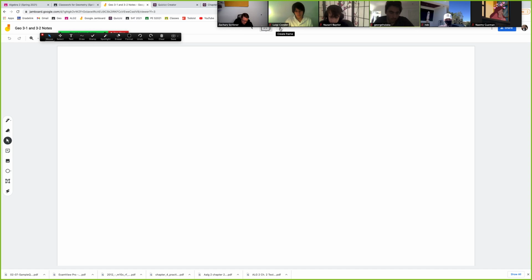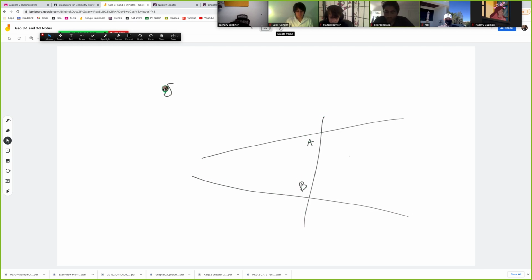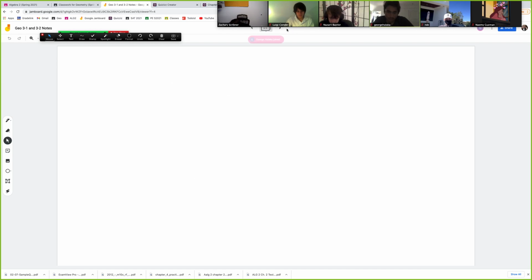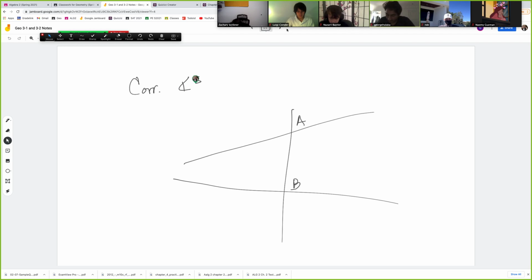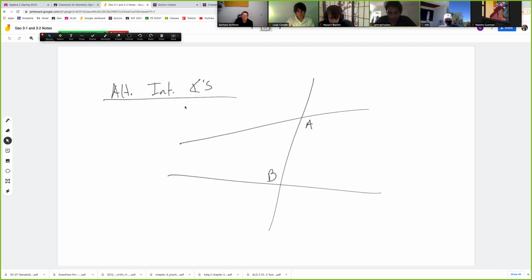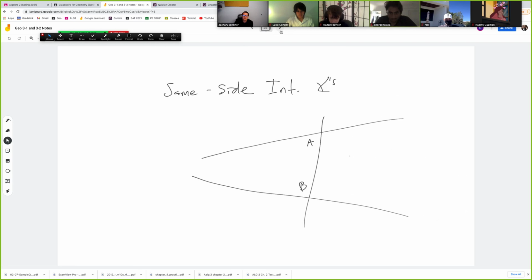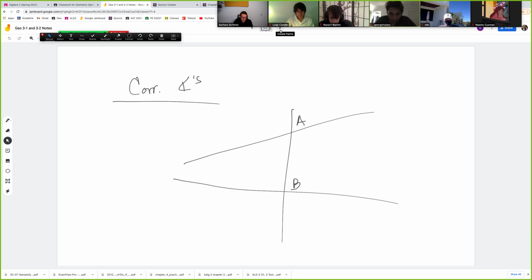Continuing on. What else do we have? Same side interior. Same side interior angles. Okay? Again, not complicated. It's just knowing what they're called. Corresponding angles. Again, my shorthand, you need to get used to it. Again, here we are. We've got alternate interior, alternate exterior, same side interior, corresponding angles. Okay? Now,